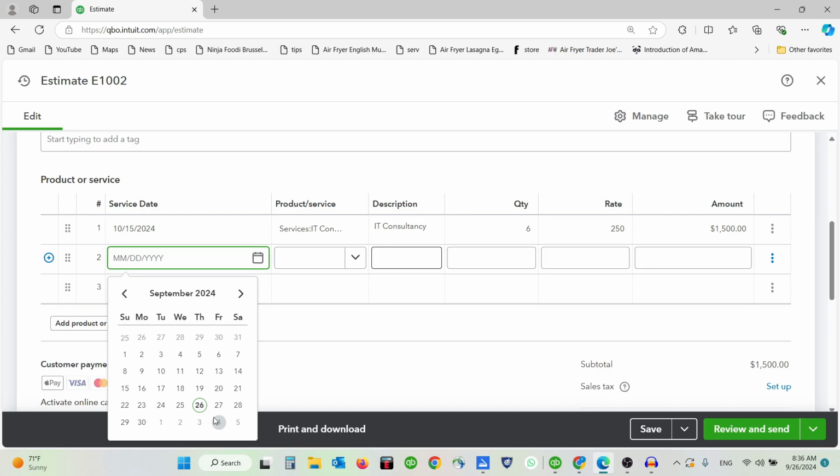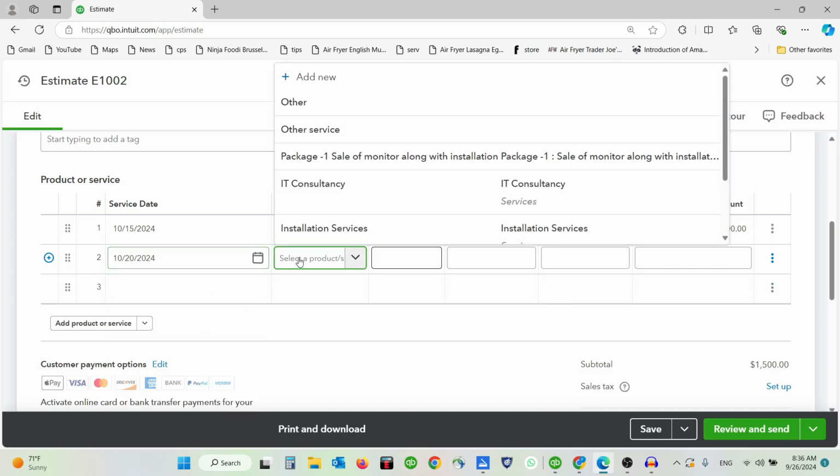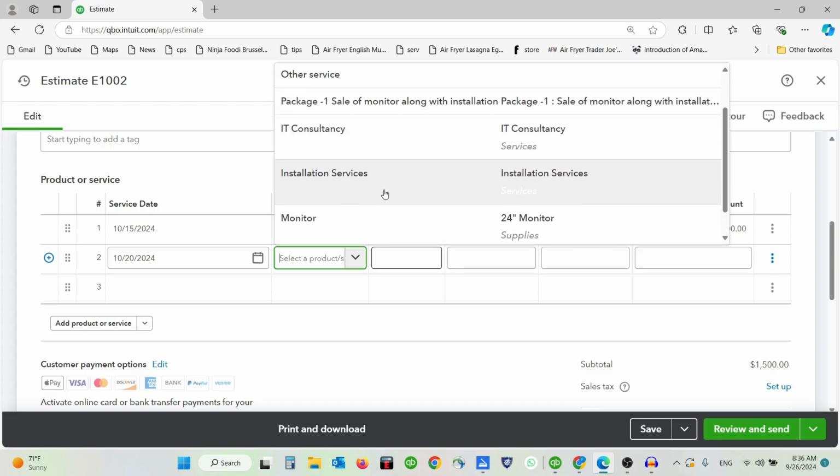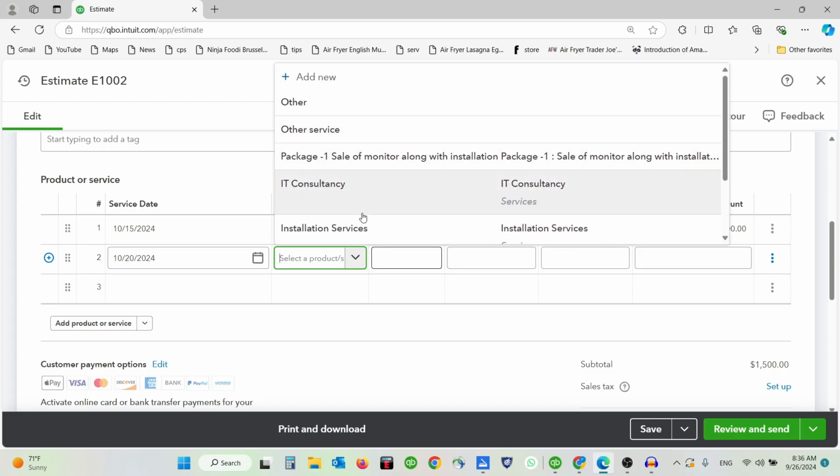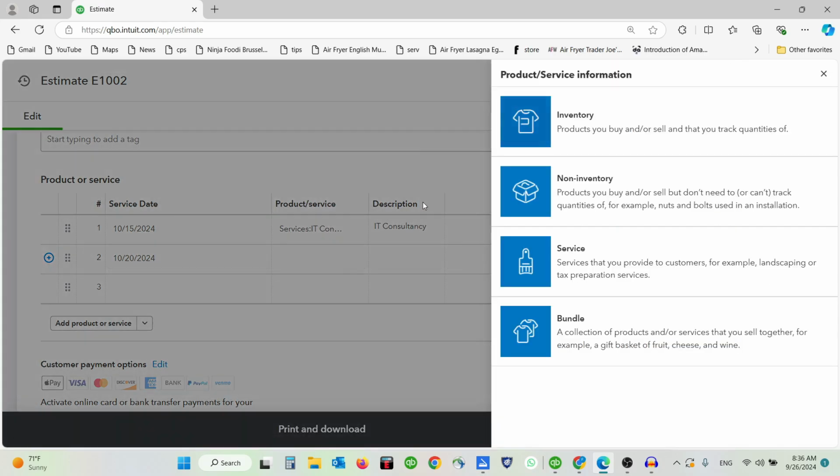Let's say another service consultancy is expected on maybe 20th of October, and I can choose other service or IT consultancy, maybe installation, monitors, or whatever I want. And you can also add new products and services as well. I have a separate video discussing how you can create your inventory, services, bundles, and non-inventory items. I will leave a link down in the description if you want to see. But let's say